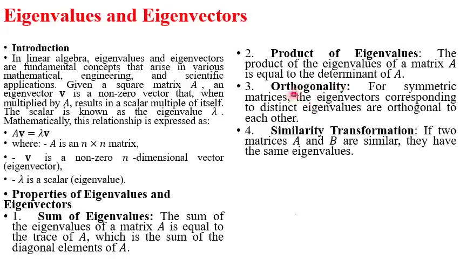There is also a property called orthogonality. So for symmetric matrices, the eigenvectors corresponding to distinct eigenvalues are orthogonal to each other. And finally, if two matrices A and B are similar, then they have the same